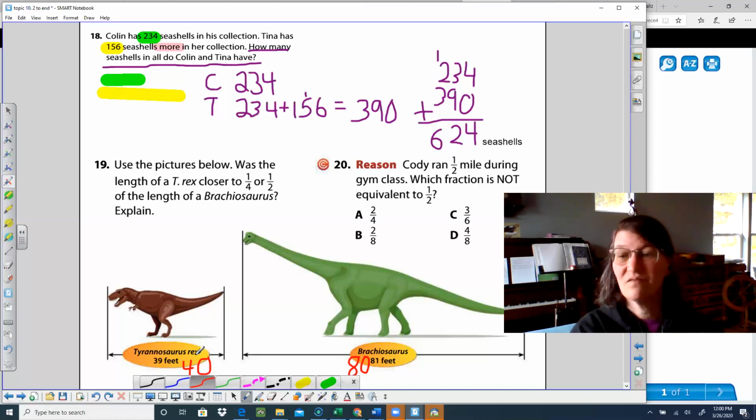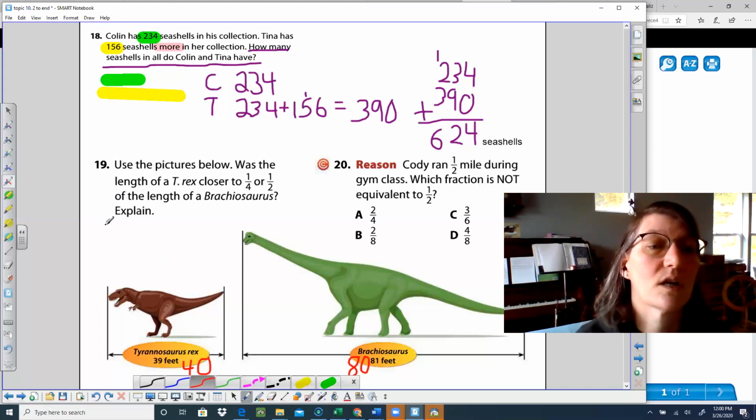Is that 20? No. So let's come on over here, 1/2. So let's take that 80 and divide it by 2. 80 divided by 2 is the same concept, smaller problem, as 8 divided by 2. 8 divided by 2 is 4. So that would mean 80 divided in half is 40. Is that the number we wanted? Yes. So we're going to say half